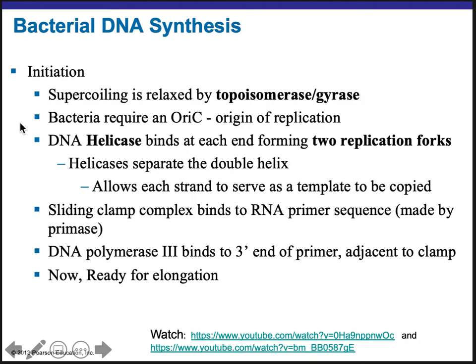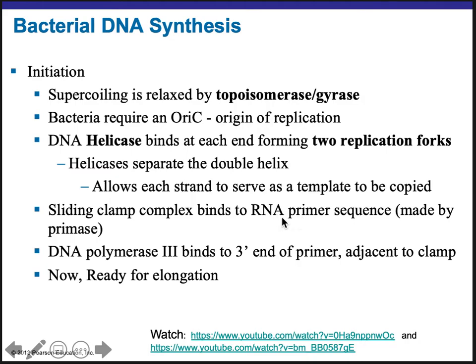Now, in DNA replication for both bacteria and eukaryotes, you have to have topoisomerase to relax and start to open up the DNA. You would need a helicase to bind and separate the two strands, and you'll need an RNA